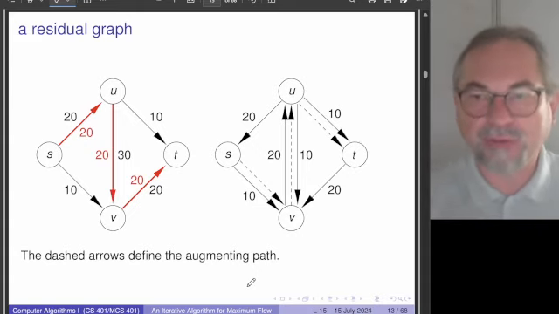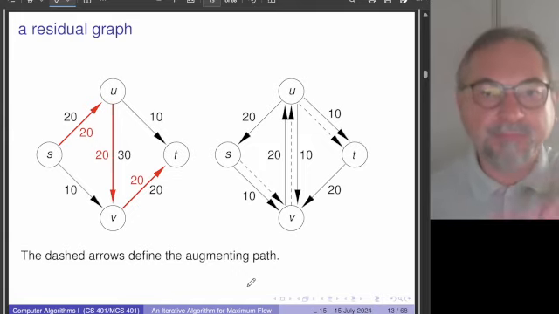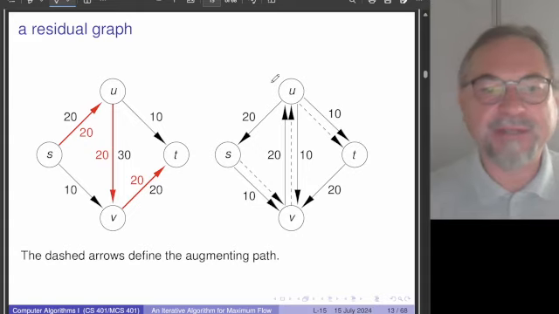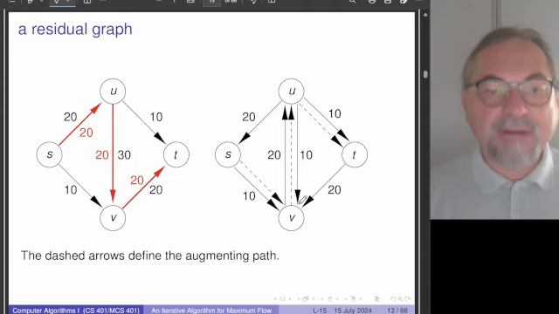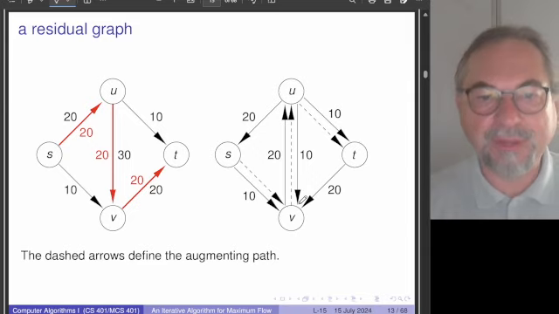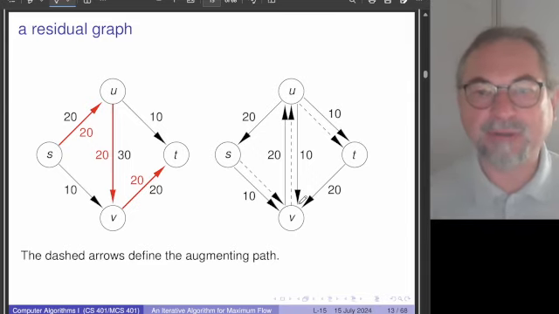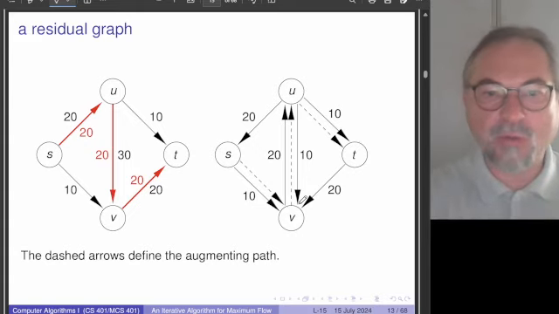So we are not going to draw an edge with zero capacity. An edge with zero capacity is a non-existing edge. We simply have a backward edge here. We do have a forward and a backward edge from U to V. So we have the original edge U to V with capacity 30. There's only a flow of 20 on this, so we